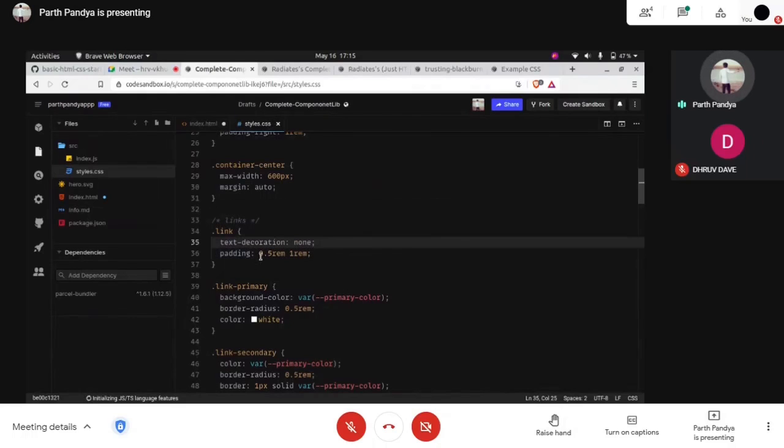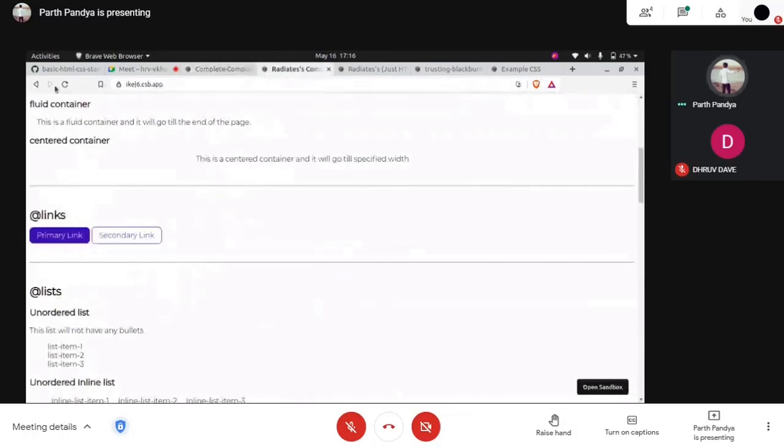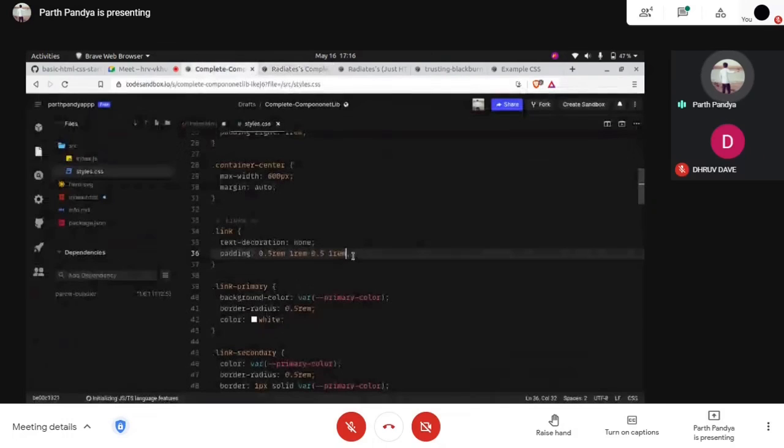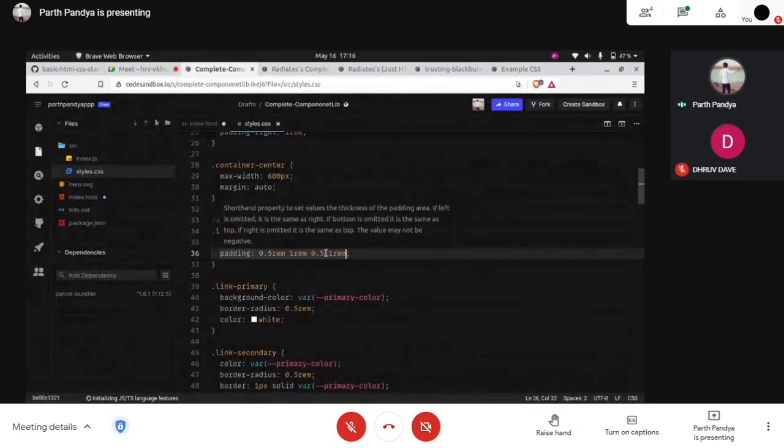So this is top and then right, meaning we can use 0.5 and also use rem. Okay, let's see the change. Here we have a change because we have added some padding here.